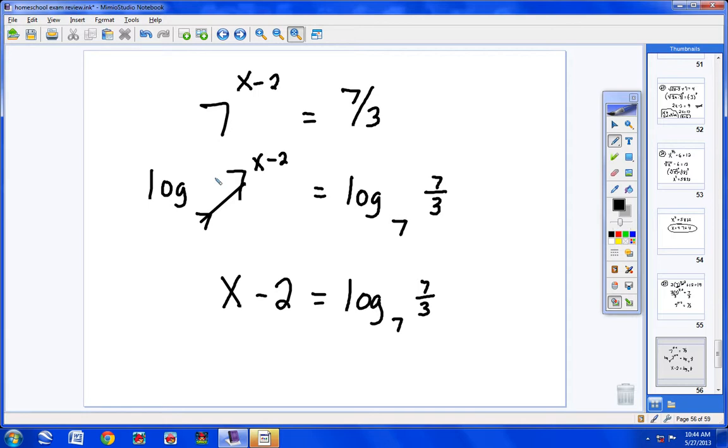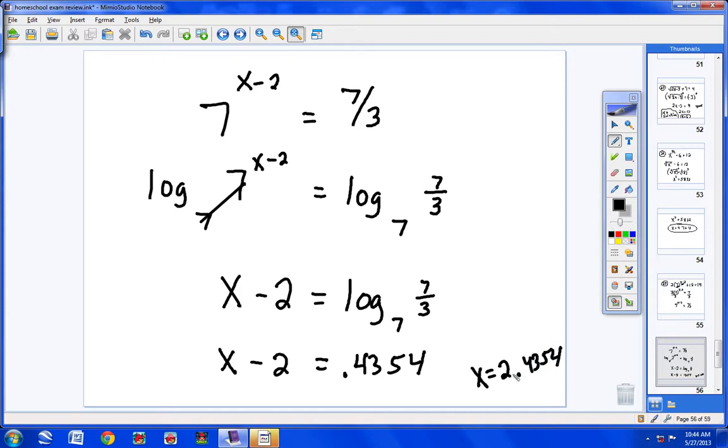Log of 7/3 divided by log of 7. Okay, you get 0.4354. Now, that's not your answer. That's just the right side. Over here, we still have x minus 2. Now, Michael or Chase, what would you do now to finish the problem? Just one step left. Move the 2 and make it positive. So, Matthew, we're going to add 2 to both sides. Your answer is